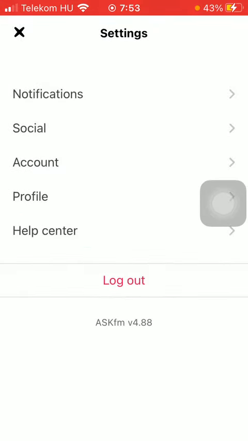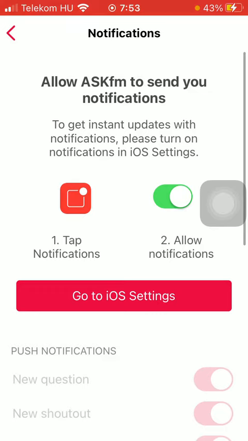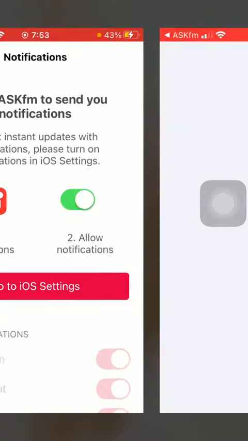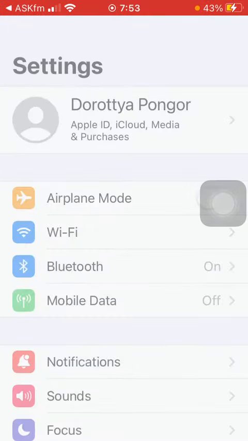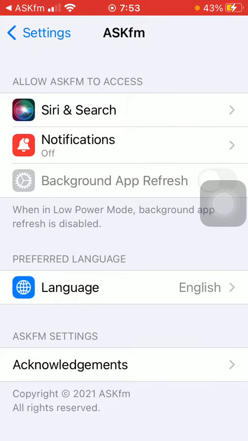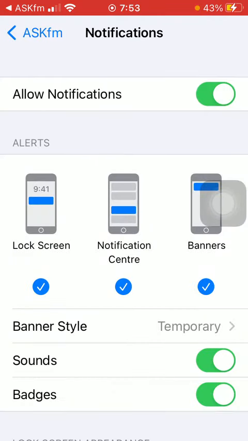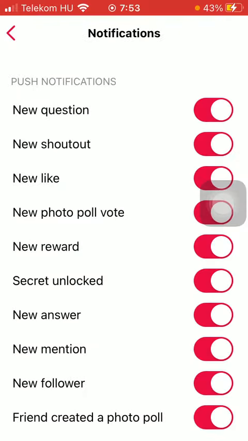Tap on notifications, that's the first option. Tap on this go to iOS settings button, and then you should search for the AskFM application and tap on notifications. Click on this button on the right side to allow notifications, then go back to the app, and here